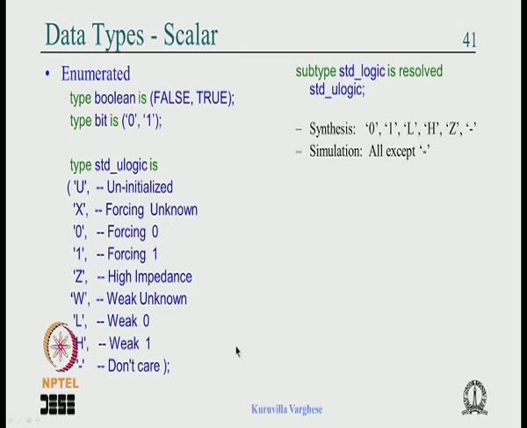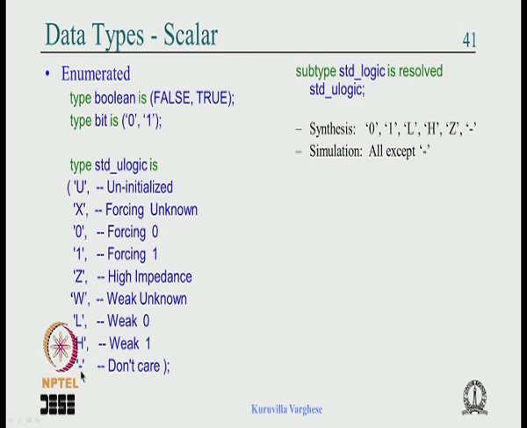Suppose you have a line to which 2 outputs through a tri-state gate are connected. Suppose in simulation somehow it happened that both are driving, and one is driving 0, one is driving 1, then the resultant value is X which is unknown. So in simulation it can show X as unknown, then you can figure out what is going wrong, and W is when L and H clash, X is when 0 and 1 happens. So W is a weak equivalent of the X, and Z is the high impedance, and dash is don't care, which is very useful in